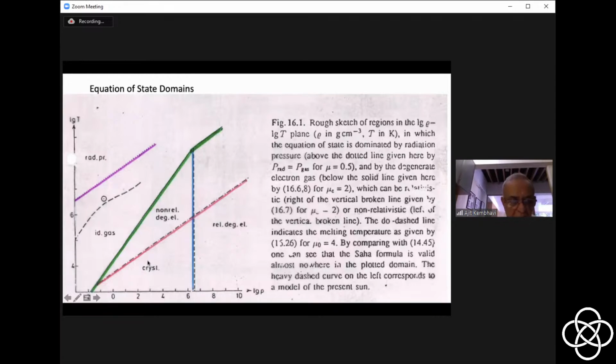As the temperature becomes really low, then the electrons and the nuclei combine together, and then you get the usual atomic effects, which will lead to the formation of a solid, for example. Okay, so that is where you get crystallization. Now you remember that we said that the density of a white dwarf is like 10 raised to 6 grams per centimeter cube. Then you see that here you have the non-relativistic distribution. So therefore, what the diagram tells you is that the approximation where T is equal to 0